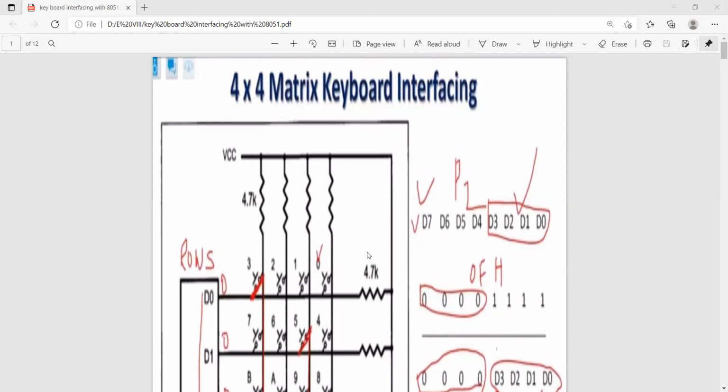Transferring information from the controller to the outside world can be done through the interfacing devices only.